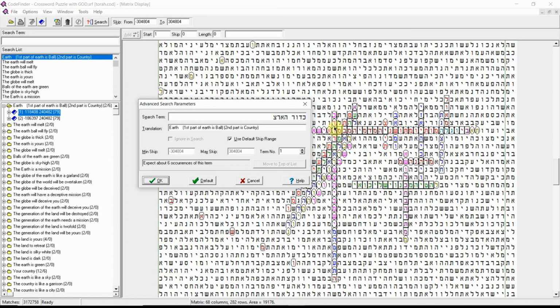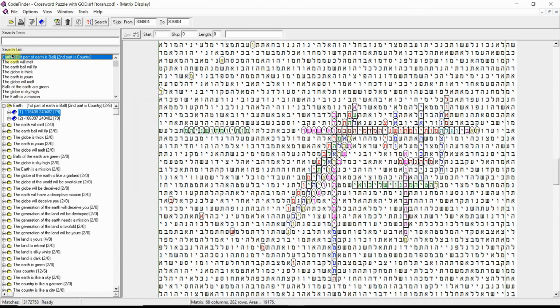The Earth starts right here. And it's actually two words for Earth in Hebrew. The first part of the word is ball, and the second part is country. So it really translates over to English as ball country. Right there. Good old Earth.